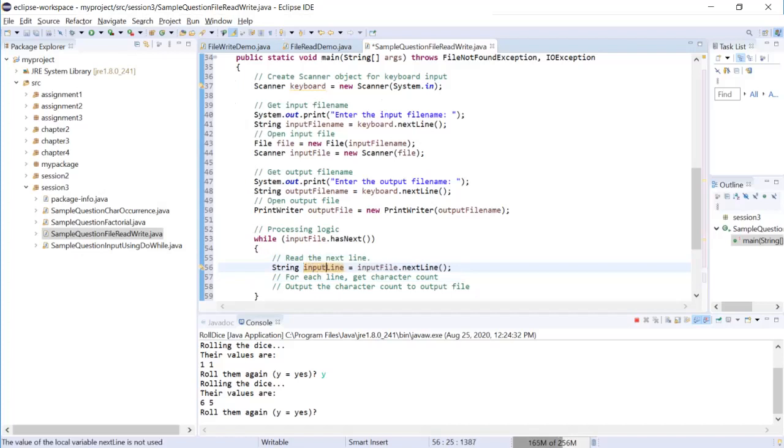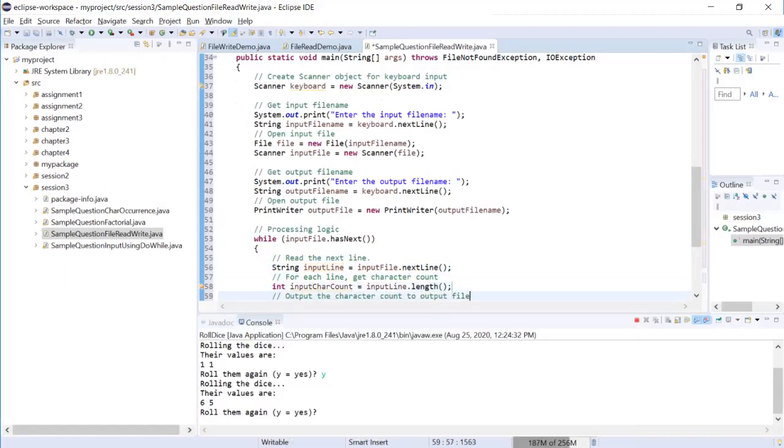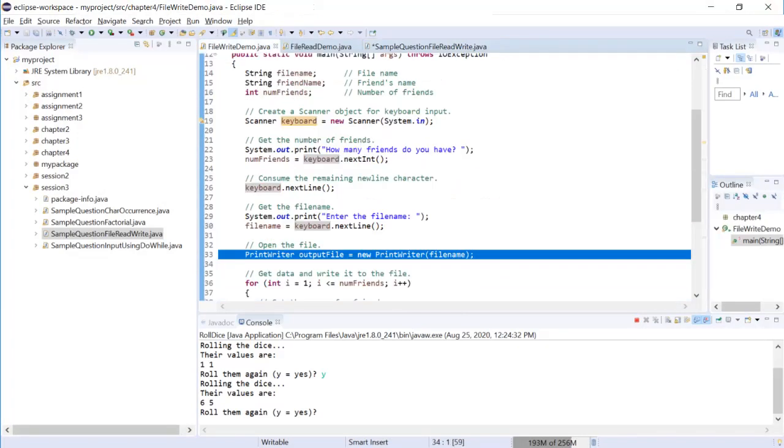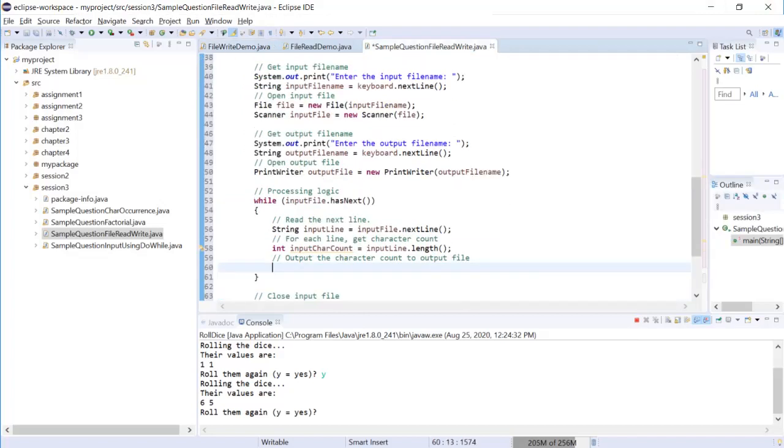Let's say input line. And now for each line, get the character count. It will be int input char count equals to, and how do we get the character count? It will be the length method. And finally, we can have output. How do we write to a file? You will do this. So not writing the name, but writing the character count, which is,